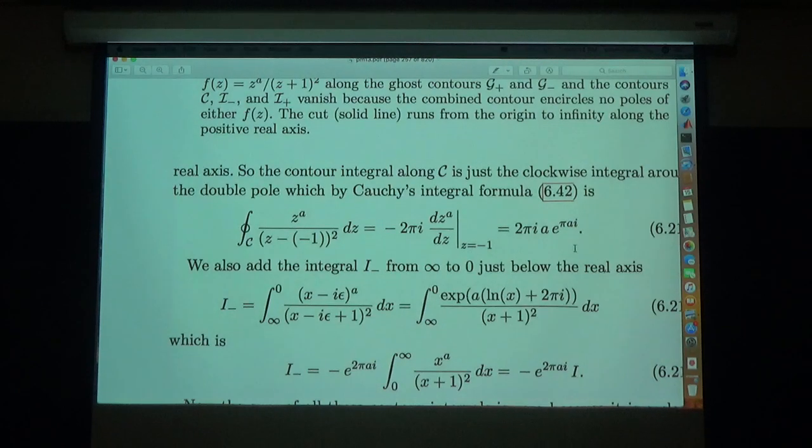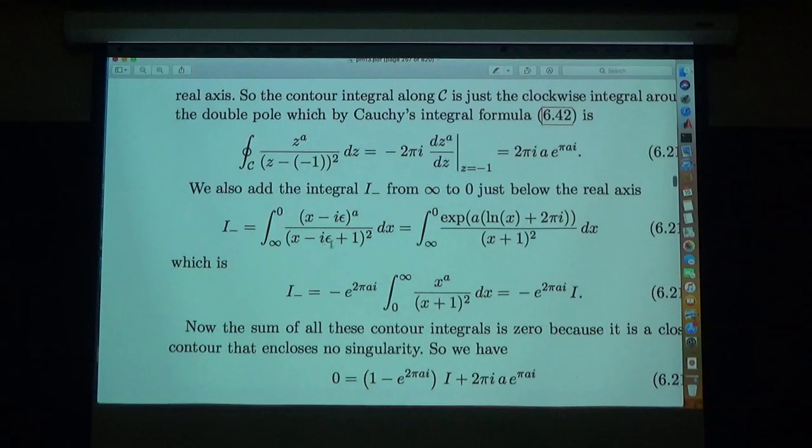And in this particular case, it's this. And then if you look at the function, the integral below the cut, well, below the cut, it's x minus i epsilon plus 1, which really cuts no ice. But up here, we have e to the a log x plus 2 pi i, and